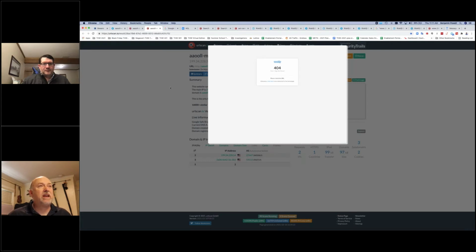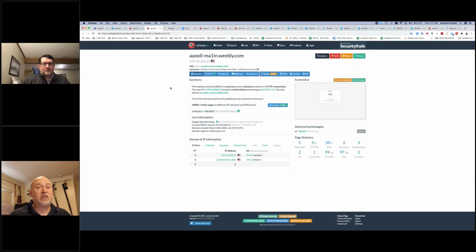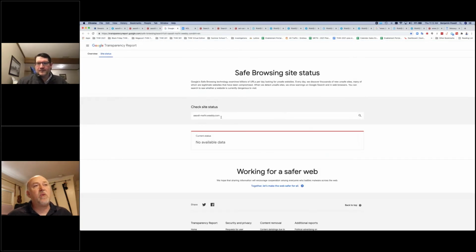So now I'm going to do a search, and I'm going to try to find anything that's using the login for AOL, because I want to find anybody else that's phishing it. What they're going to do is take that login screen and then duplicate it or reference it or just direct people there. So I want to see what that is. So I go out to Google. I also did a search for that same domain. And there's nothing. Google Safe Browsing doesn't have any information because the site is offline. They're not using it anymore.